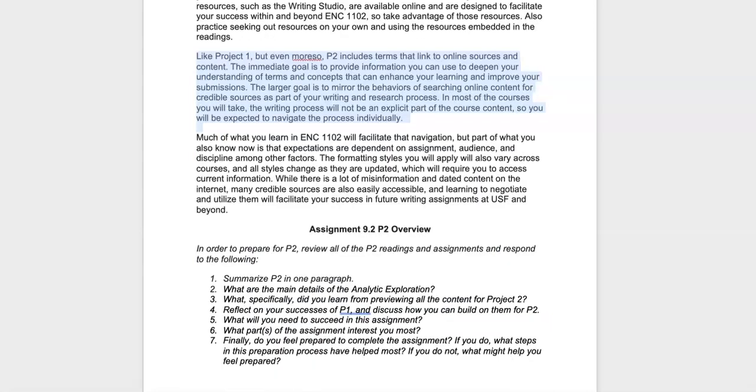Like Project 1, but even more so, Project 2 includes terms that link to online sources and content. The immediate goal is to provide information you can use to deepen your understanding of terms and concepts that can enhance your learning and improve your submissions. The larger goal is to mirror the behaviors of searching online content for credible sources as part of your writing and research process. In most of the courses you will take, the writing process will not be an explicit part